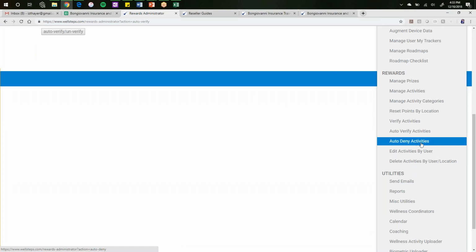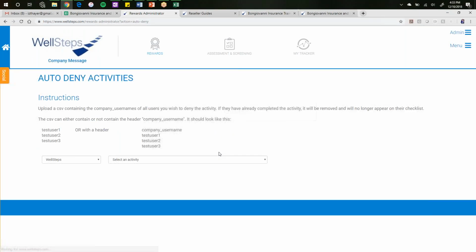And this could be used for an activity. Maybe there's a certain time where they have to complete a biometric screening. Maybe it's only available from January to March, and then after that date, we don't want to verify the activity anymore. What you could do in that case would be to auto verify, or you could do autocomplete for everybody who's completed biometrics. And then for the rest of the company, for those who didn't complete the requirements for that activity,